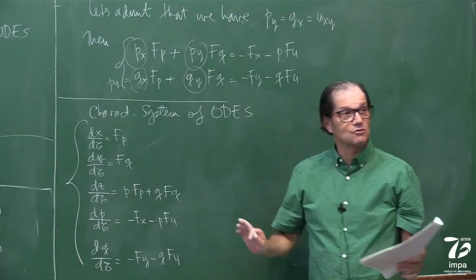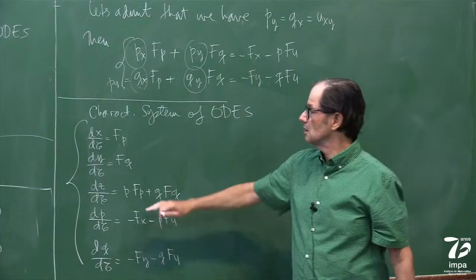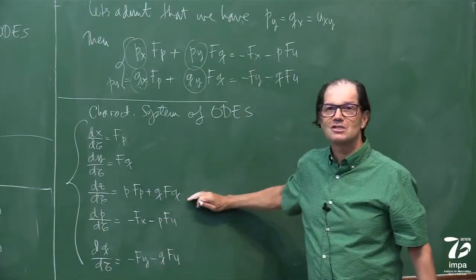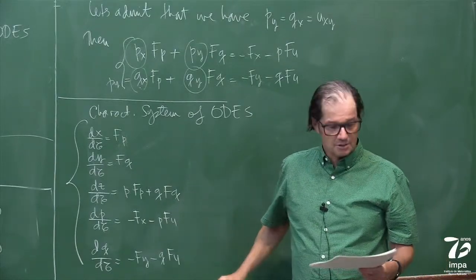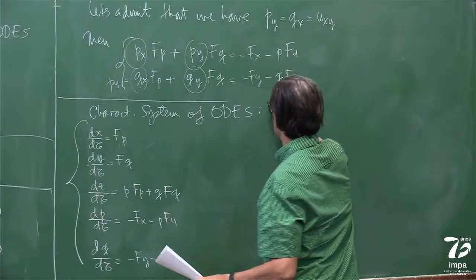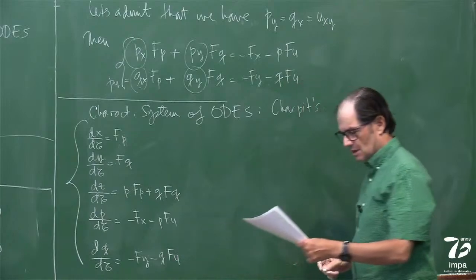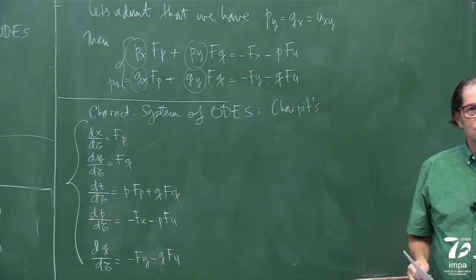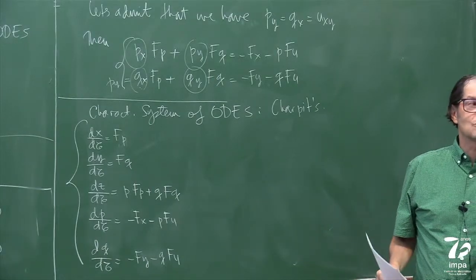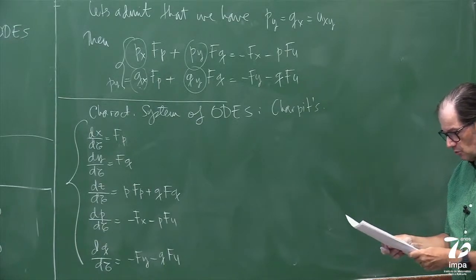I'm going to draw a picture about this, which we have. So characteristic system of equations, and the characteristics are here. We have initial conditions for the characteristics, for the orbit, but not for this. So we have to do this. So this is called Charpit's equation. In some place I also saw it called Lagrange-Charpit's equation, right? When I learned this, it was not attached to the name Charpit's equation, so I don't know which is the most common